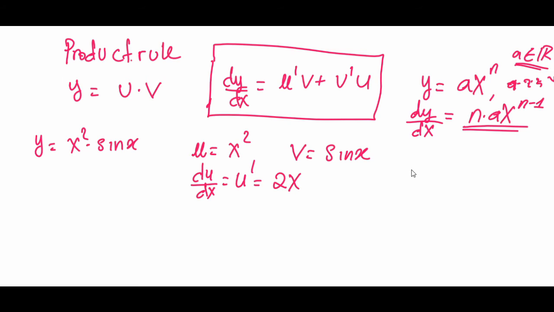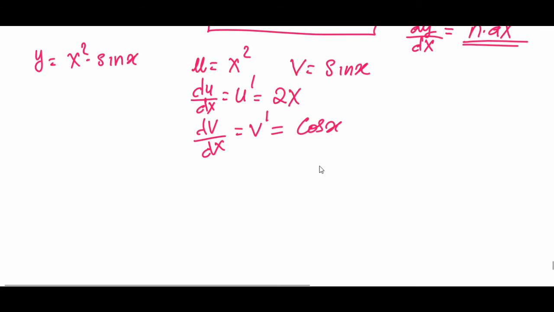Now my dv by dx, which is equal to v prime, will be equal to cos x, because when I differentiate the sine function, I will obtain the cosine function. Okay, so now my dy by dx will be equal to u prime 2x times v cos x